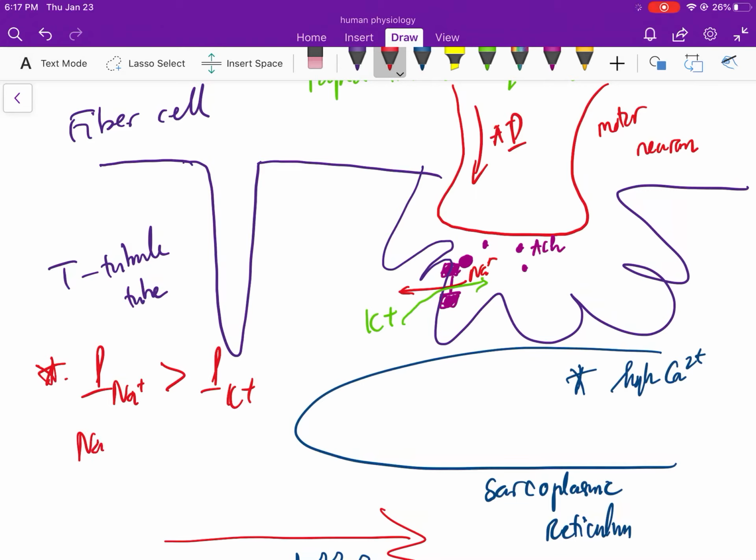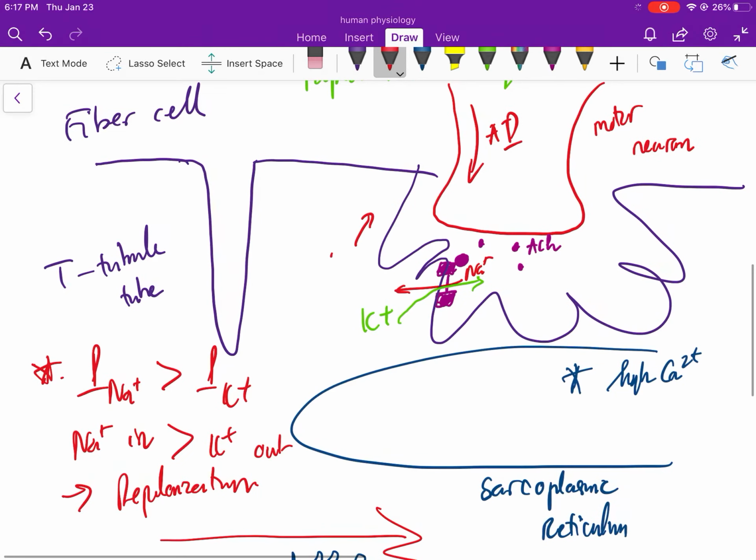That's why a lot of sodium in, more than a lot of potassium out. So because of this, we will create a depolarization. So when we have a depolarization, this will create action potential, and this action potential will radiate and go to